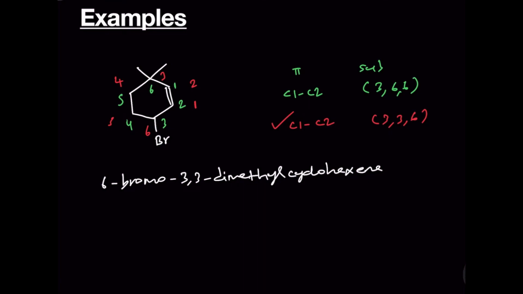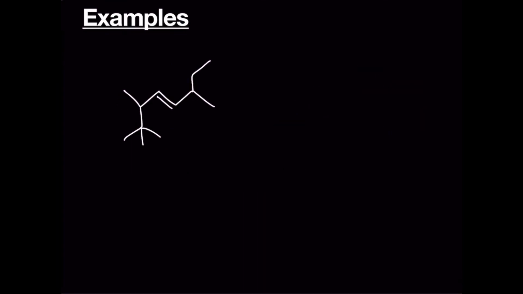So, this is the correct IUPAC name for this molecule. Alright, let us discuss one more tricky example. In this case, if you select this as your long continuous carbon chain and number it 1, 2, 3, 4, 5, 6, 7, the pi bond is between 3 and 4, and the substituents are at 2 position tertiary butyl substituent, and then